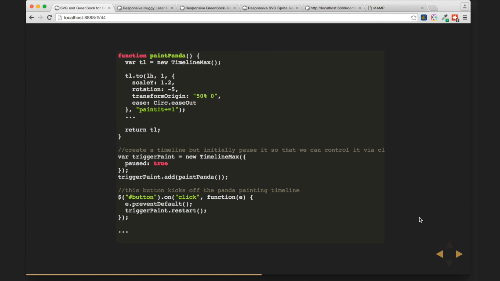I'm just showing you little bits of the code, so if it looks confusing to see parts of it, all of my demos are on CodePen, and you can totally scroll through them and yell at me about stuff. There's a comment box. I have it paused initially, and then I'm triggering it after. Anytime you click on that, it triggers the restart.